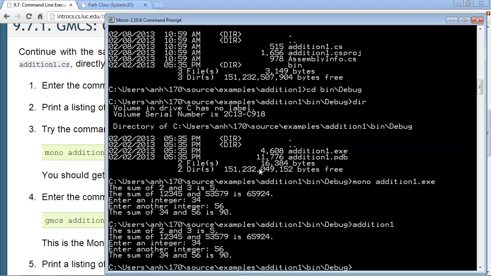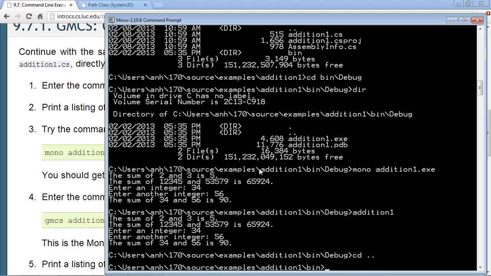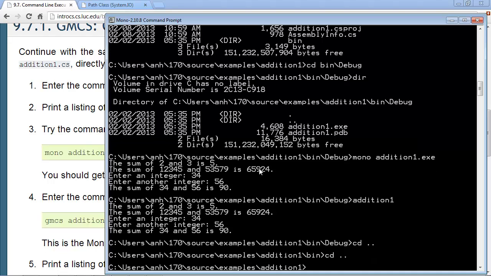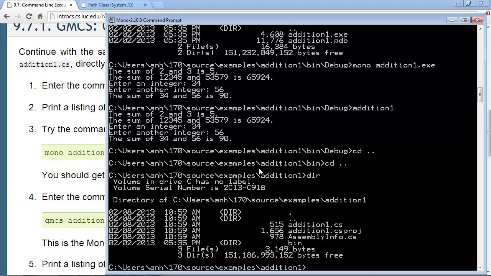Now I'm going to change out of this directory, but I'm going up the directory tree, so I'll do cd .. which puts me up one directory to bin and another directory. This puts me in the project directory. I'm going to list with a dir for Windows. Again, it would be ls for Mac. And you see there is the source code,